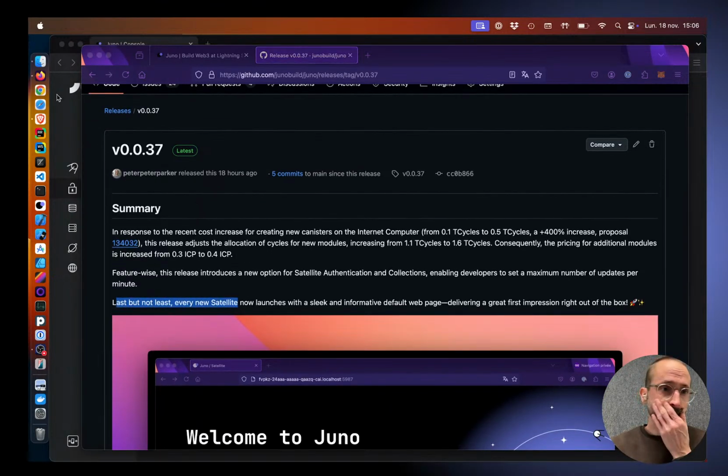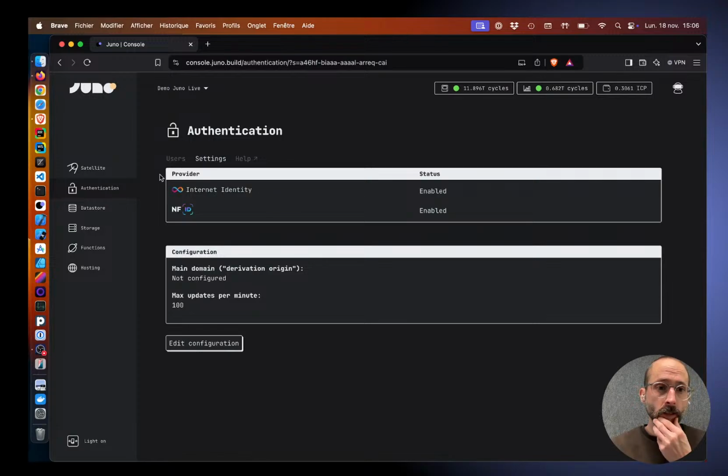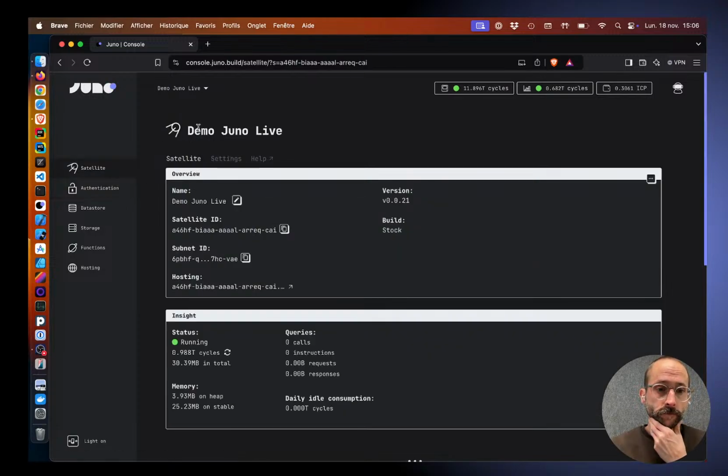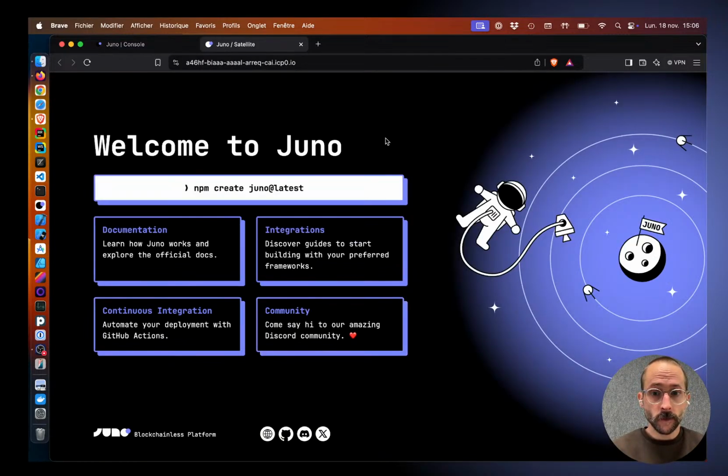Last but not least, you see here I've created that new satellite. Before that, when you had a new satellite, if you opened the URL in the browser, it was just failing with a 500 error or whatever ugly error we had. So what I've done now is that the stock satellite is spun with a default, I hope good looking, HTML page. If we open the satellite I just created, you see that we have a nice